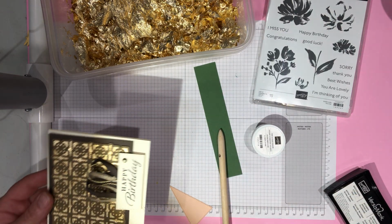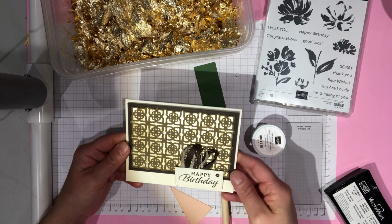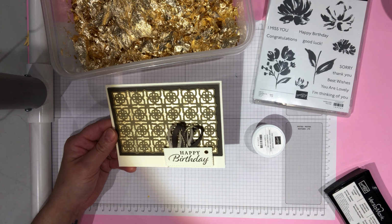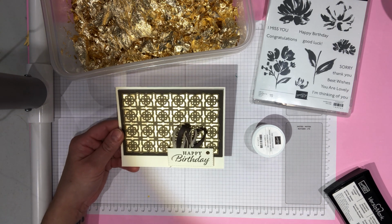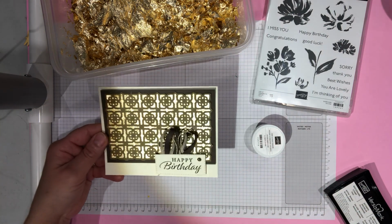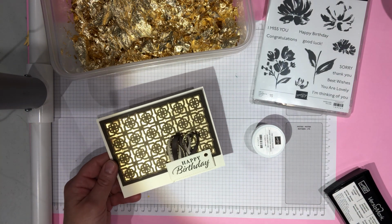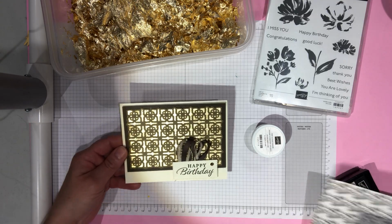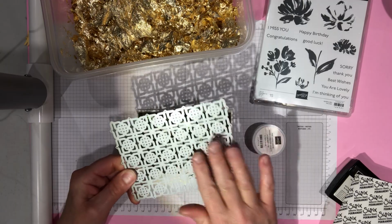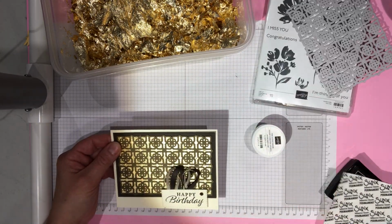And then last, to show you that you don't have to use Versamark, this card is the adhesive sheets. And I used the framelit from, I think it's the Many Mates bundle. That's this one. So I ran this through the soft suede, just as is,